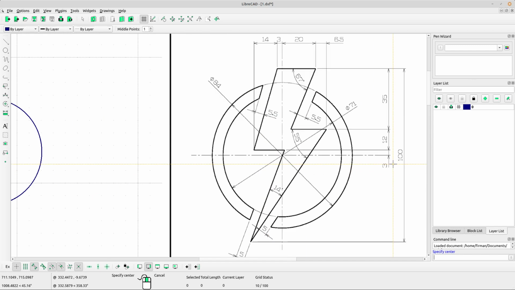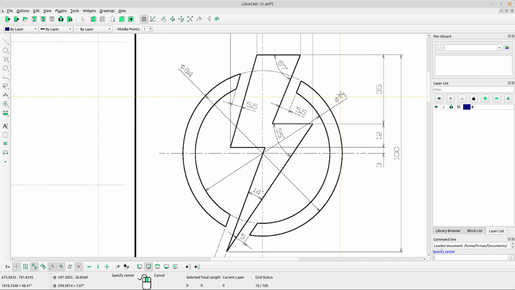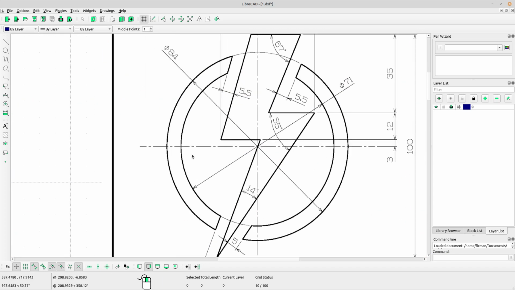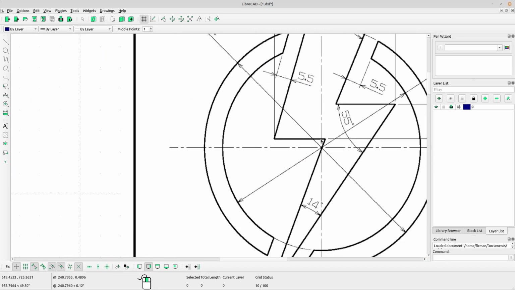Okay, the next circle's diameter is 71. Left click at the center of the circle we have created before, and type in the command line box 71 divided by 2. Press enter. Right click. Okay, and then select